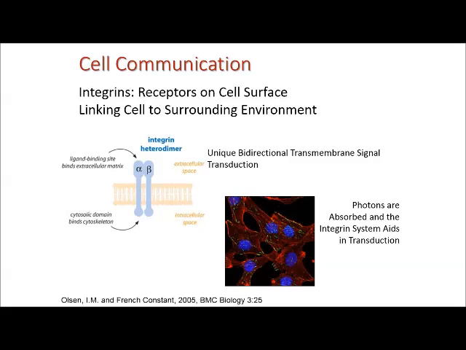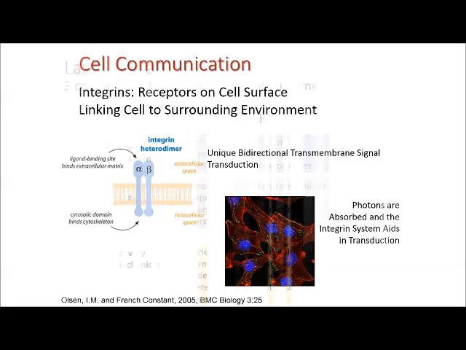Cellular communication is intriguing in that the integrins, these are specific receptor sites on the cell surface, link the cell to the surrounding environment. Now we know the cells are all interconnected, as I talked about earlier. They're actually ligand binding sites which bind our extracellular matrix, our extracellular matrix being our cartilage, our ligaments, our tendons, and the big player, the fascia. Once they're able to affect the fascia, fascia is the key to interconnecting the whole body, because fascia is an